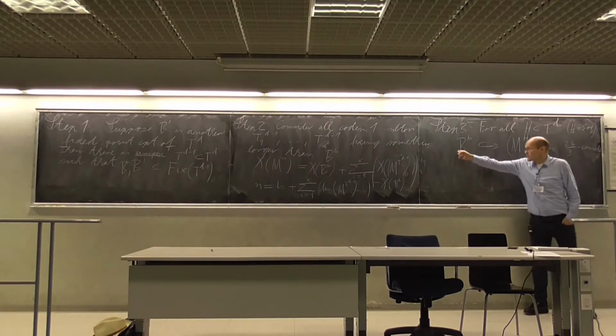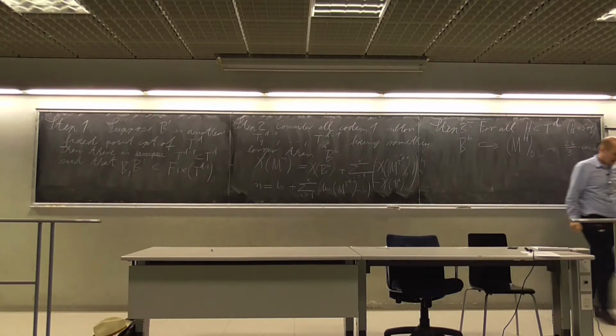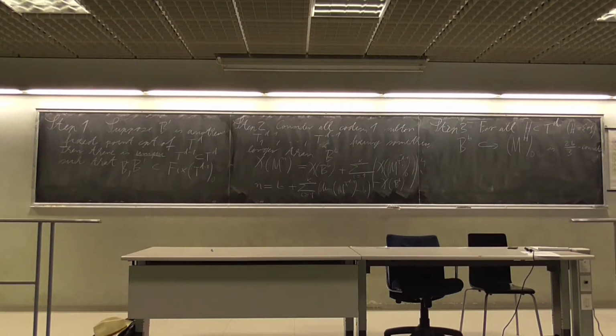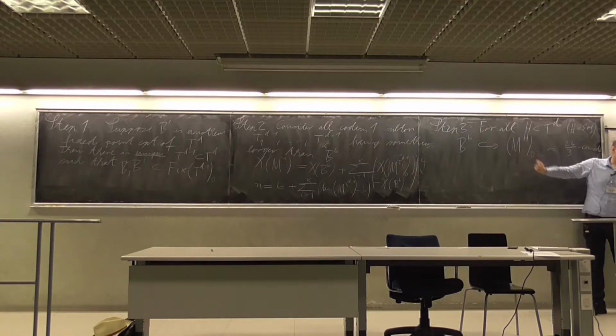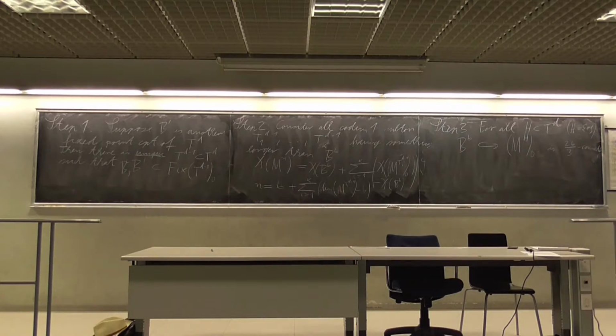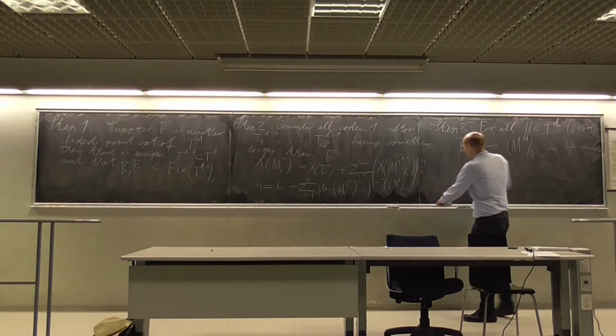Because for all of them, this inclusion map is 2b over 3 connected, and that also includes the inclusion map into the manifold, right? So that means up to dimension 2b over 3, they all have the same homology. All right,